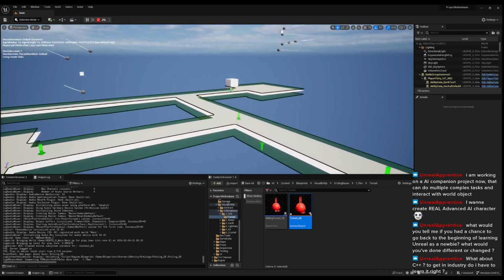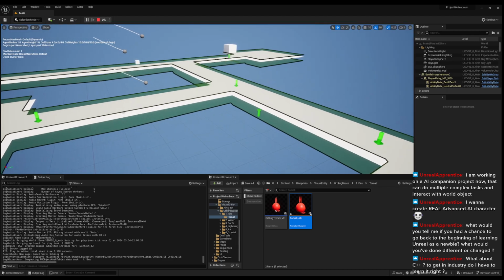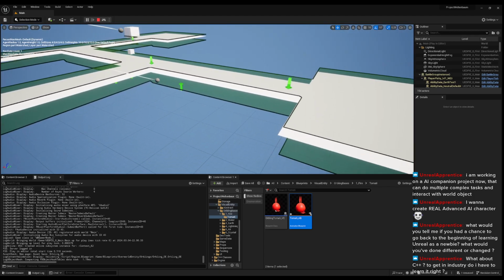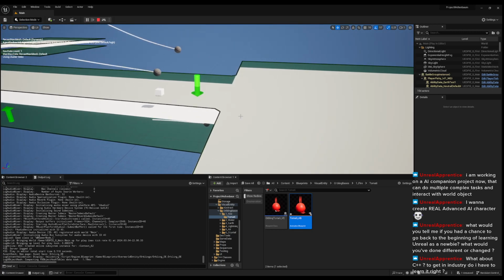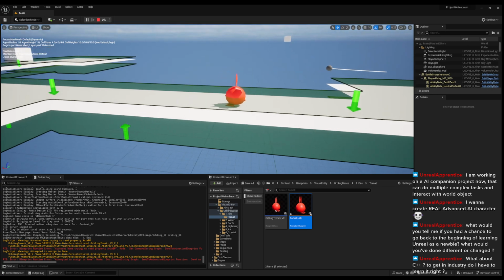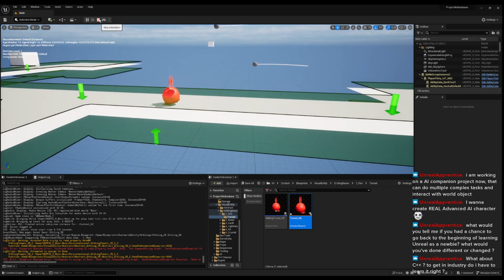Right now it will just keep running, but that's fine. I just wanted to have it for now,